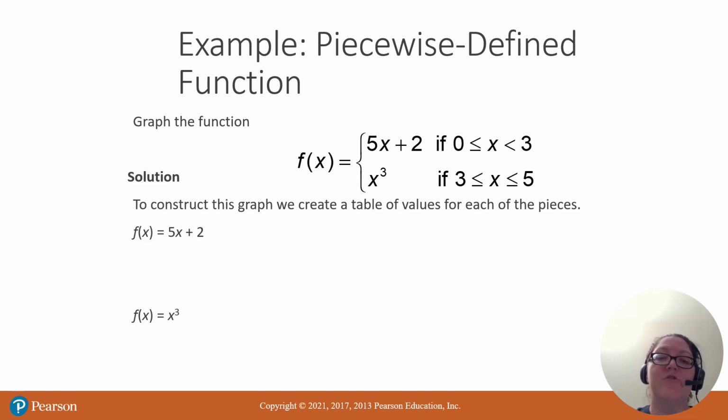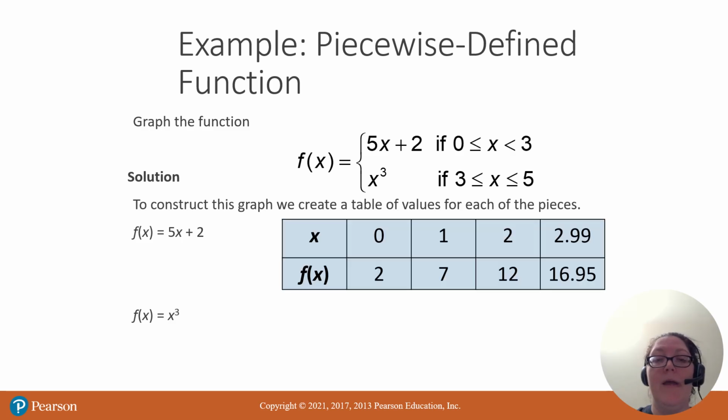So in order to construct our picture, it's sometimes helpful to make mini tables. We've got two parts, so we're going to make a table for part 1 and part 2. On part 1, I'm going to do the numbers 0, 1, 2, and then I'm even going to go so far as 2.99. Now you can do 3 itself, but again, you have to be very cautious here. And remember, on this one, what we do know is that this one here